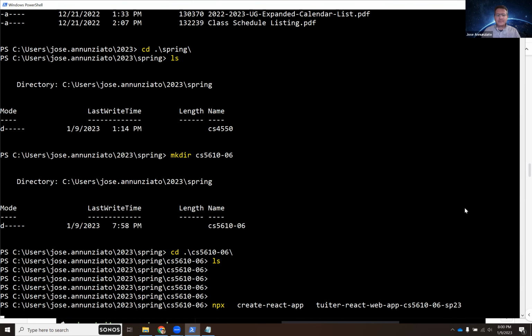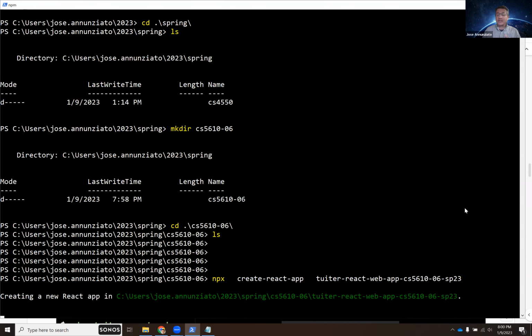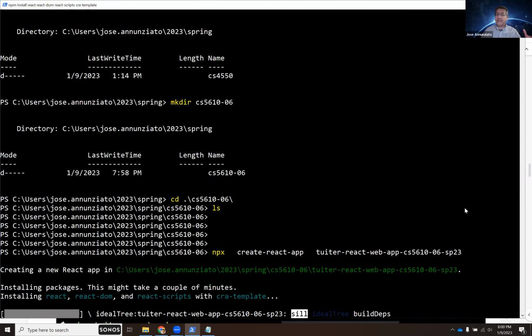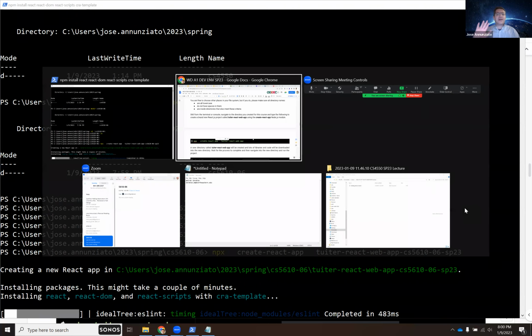Yeah. So I can create that. So that's going to take a couple minutes. So let's leave it. It's going to create a new directory and it's going to download all the source code, all the templates, all the libraries, right, that implement a boilerplate React application into my system, right? So while that is going on,